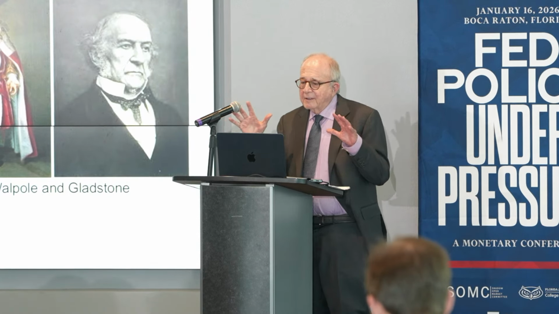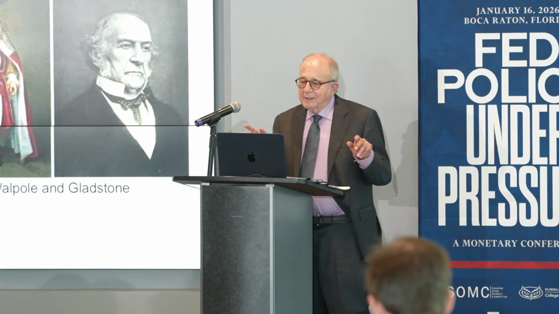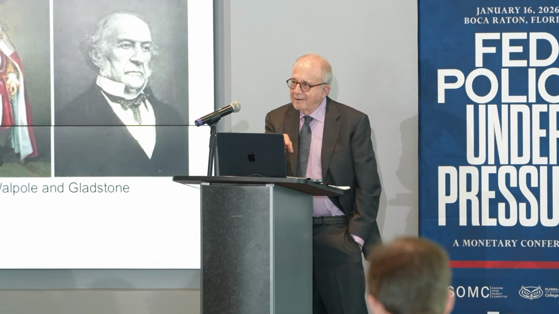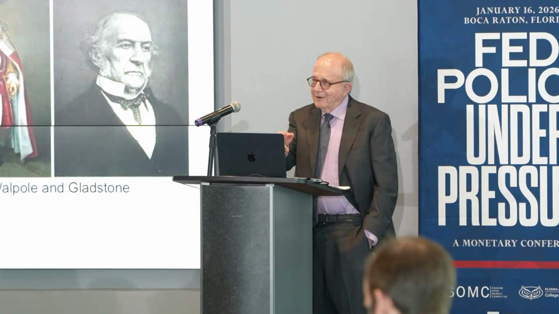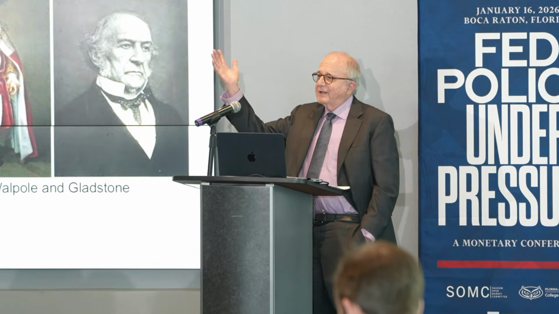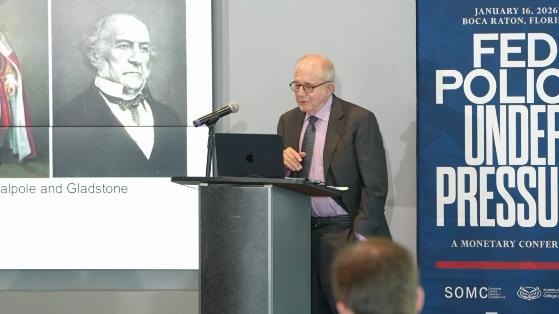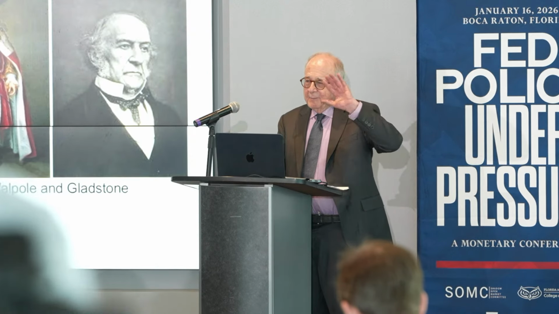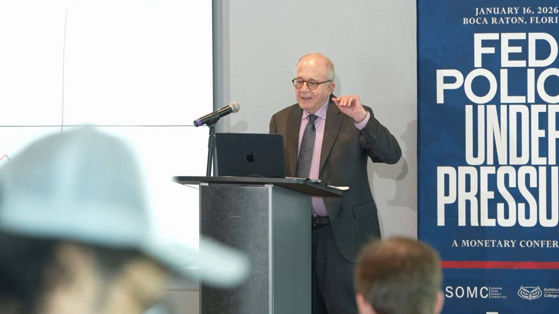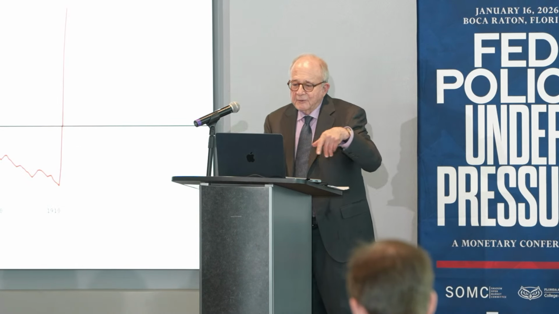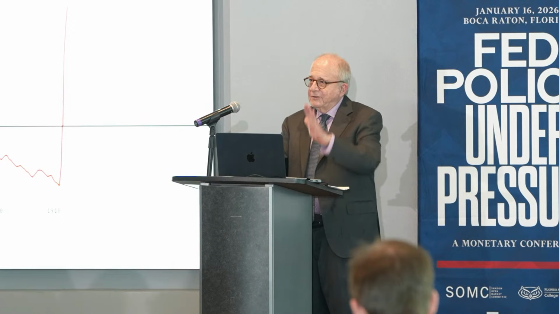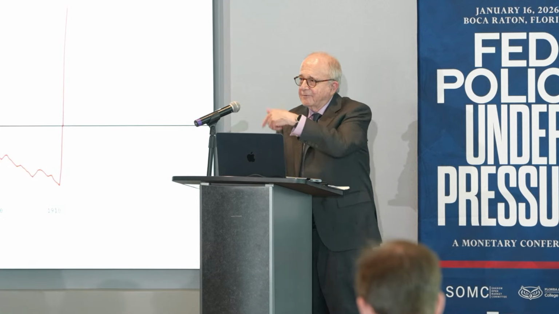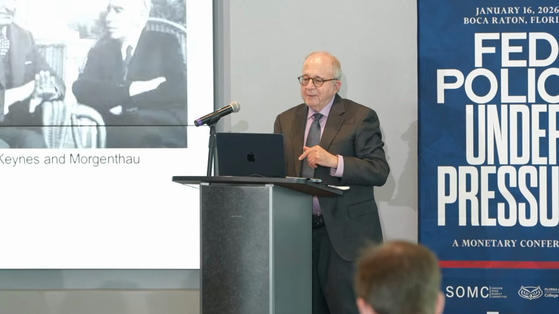And that's at the heart of the modern theory of optimal fiscal policy with Lucas and Stokey and Chari and others. So in this picture, that's Walpole, the guy on the left, where it comes from, and Gladstone, who was this great advocate of the Treasury view in the 19th century. There are two big papers behind this that we put out as NBER working papers. This is the picture for the UK. It goes from 1700 to World War I, and you see these periods of debt. The debt's running up in wars, it runs down, it runs up. I could run it through the 20th century, but I think this gives the picture.